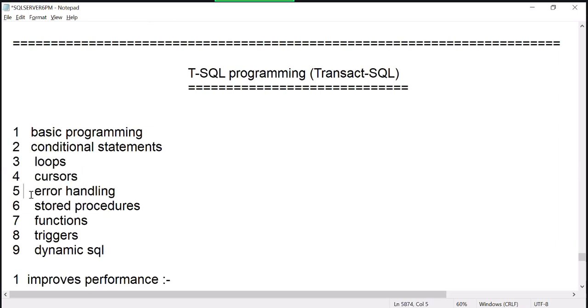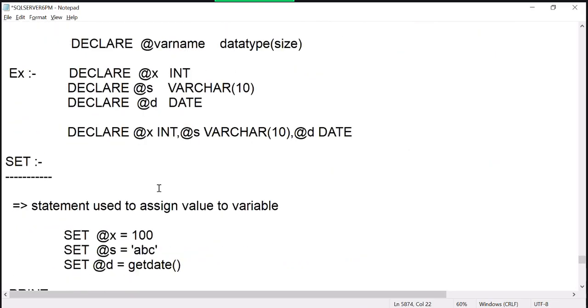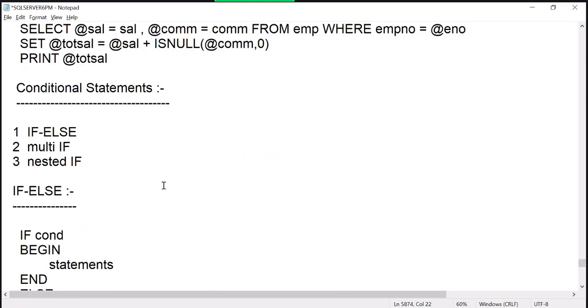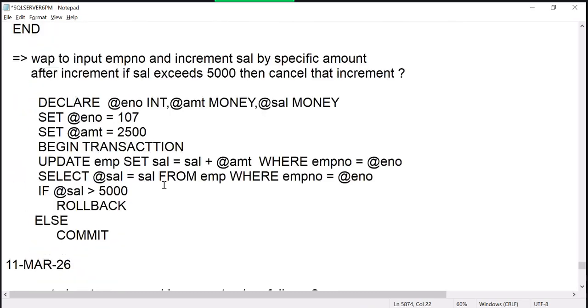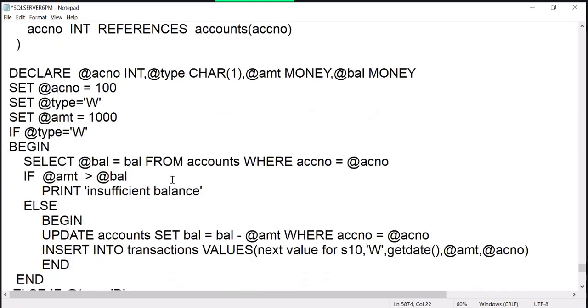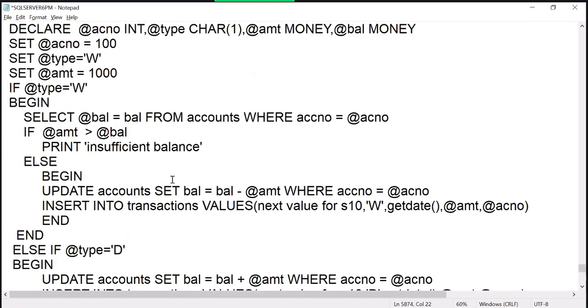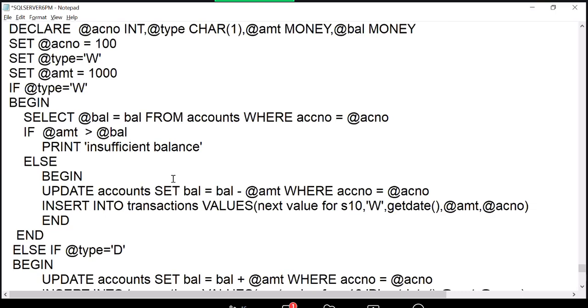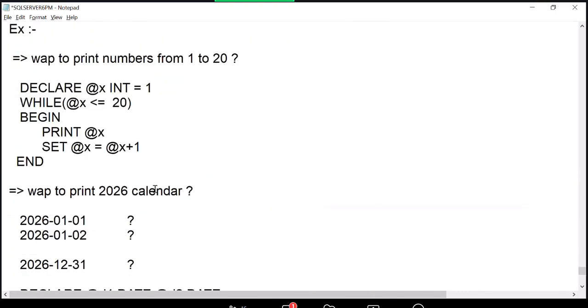What is the next one? Error handling. Okay. Do you want one or two more examples of cursor? Yes or no? Okay. Then,